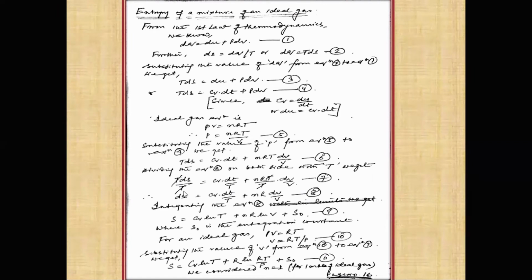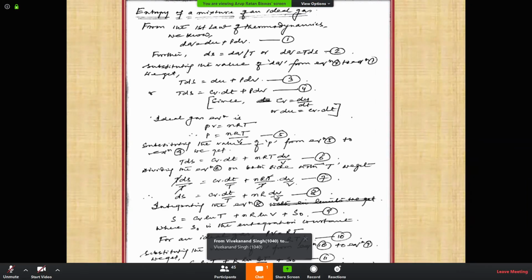Now, this is the difference from the other one which we did, the entropy of a mixture and the entropy change for an ideal gas. Up to this much, it was the same as the entropy of a mixture of an ideal gas. But now we are not differentiating this. Now you see that we say the integration of dS is S, and then dT by T is not integrated within limits. We say it's the total T. So it is Cv ln T plus nR ln V. And because there are no limits, we bring an integration constant, and this integration constant is given as S0. This is equation number 9.